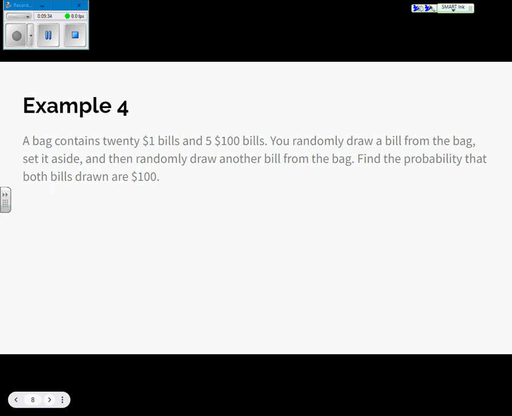All right, let's take a look at it. I want to know the probability of a 100 and a 100. Now, first of all, we got to determine, are these going to be independent or dependent events? All right, these are going to be dependent events because when I stick my hand into that basket on the first draw, the probability of me drawing a $100 bill, there's 5 $100 bills in there